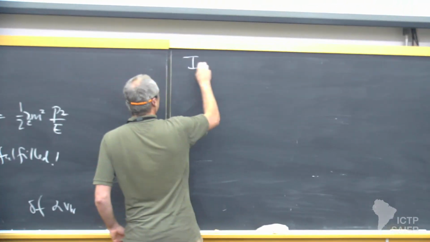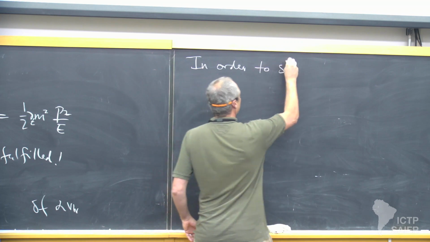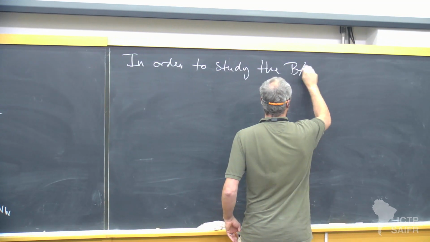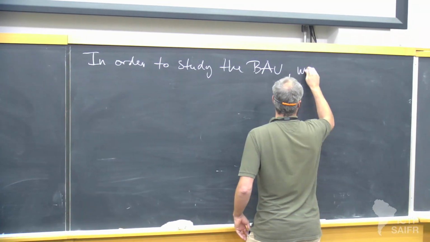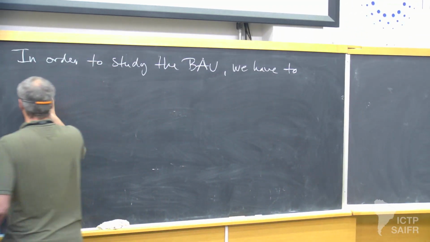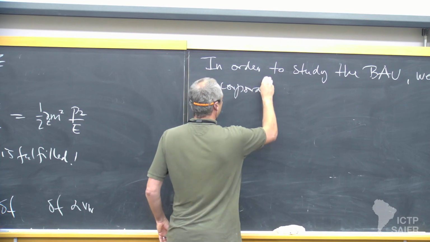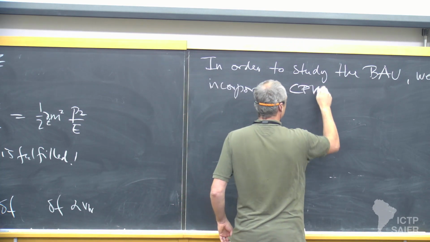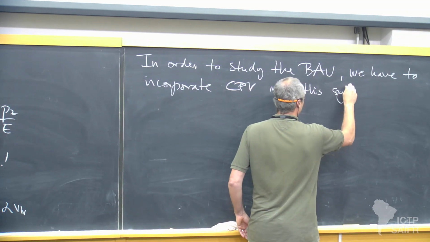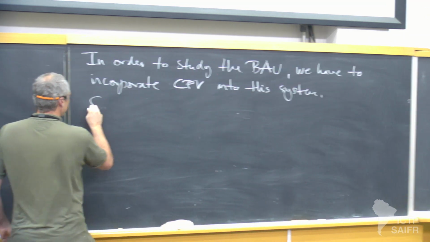In order to study baryon asymmetry, we have to incorporate CP violation into the system. So we need a formalism